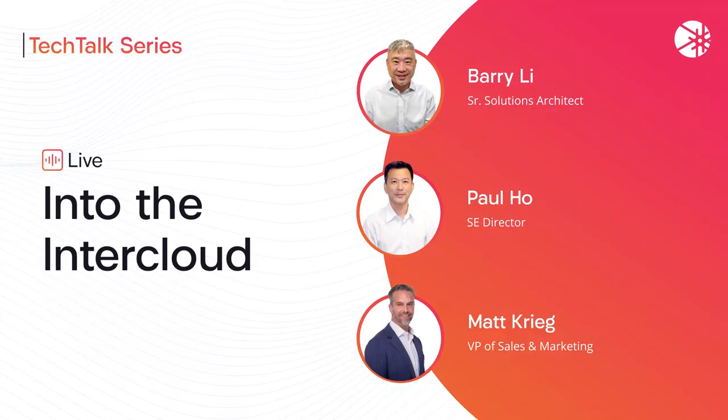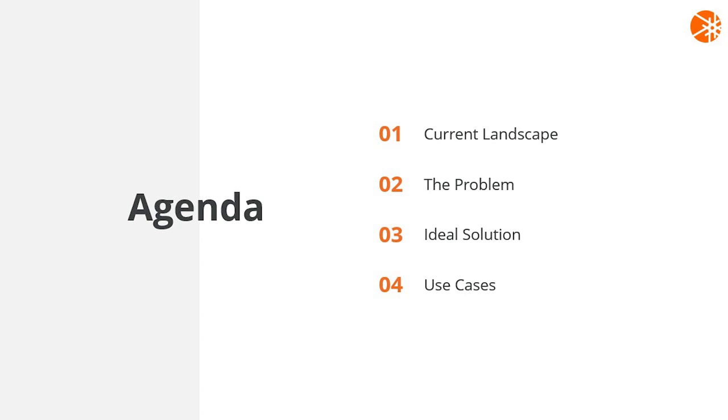Today, we're going to talk through a very interesting topic called cloud networking, or as we're terming it, intercloud networking. We will go through a quick landscape of where the solutions are today, what we see customers deploying, some of the challenges with those solutions, and then we'll look at the solution that Graphiant offers, what we term an ideal solution, and then we'll walk through some of the customer use cases and see what customers are leveraging for this type of connectivity. So let's get right into it.